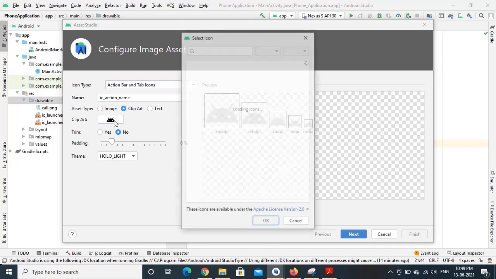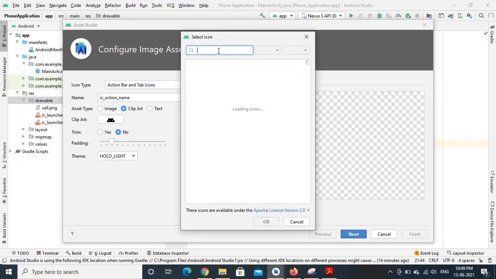Select the clip art, and here you have to provide which clip art you require. So here we need to have a image for save button. I'll give save so that it will load the buttons which is related to save.